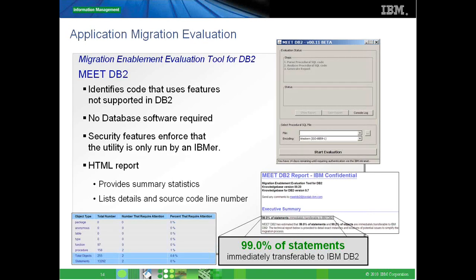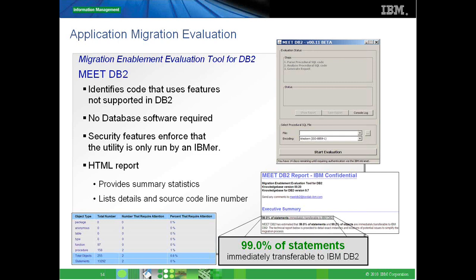So on chart 14 is the application migration evaluation tool and its snapshot. It's basically a small Java tool wherein you give the most complex piece of code that you have. You can choose to give the entire DDL and the business logic, the stored procedures and user-defined functions, as a SQL file, as a text file.